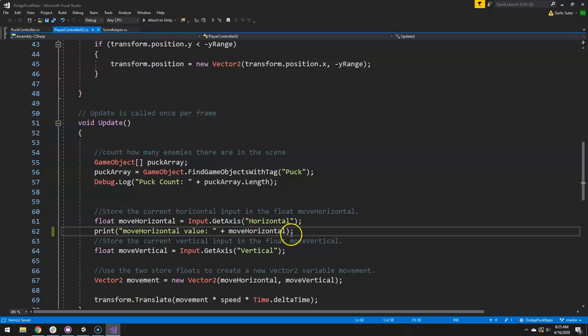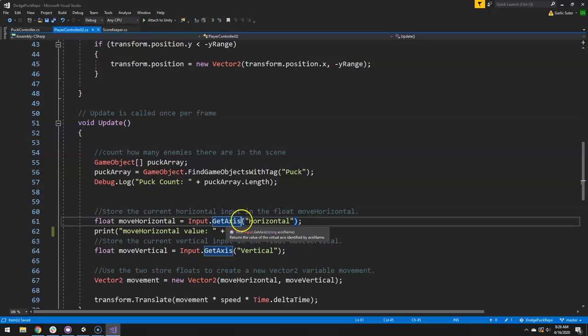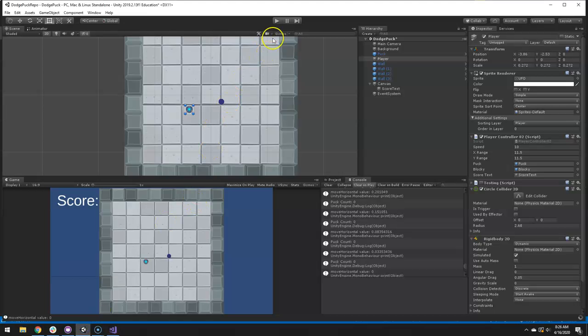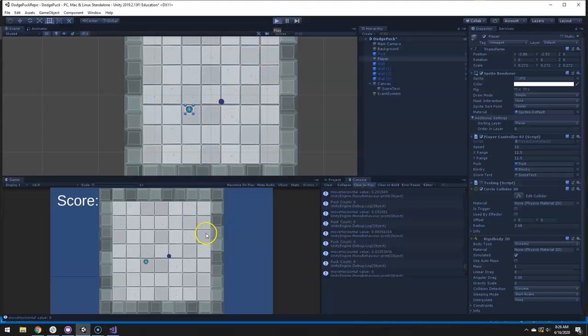So one way we can fix that is, instead of GetAxis, which includes smoothing, we can force it to just be the raw input, which is either on or off. So if we do GetAxisRaw,